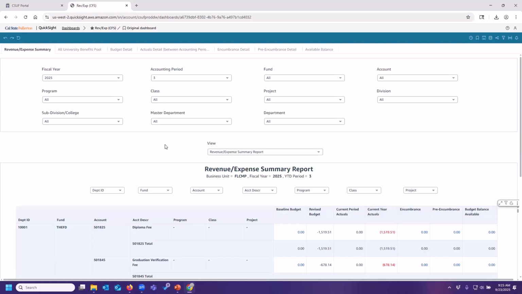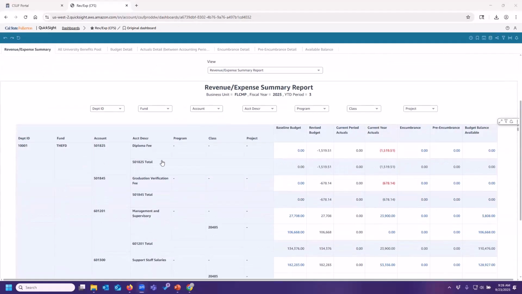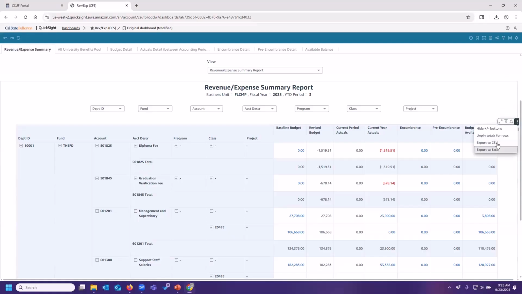All right, any questions? Can you get rid of the account subtotals on here? I don't think so. I can't even collapse this subtotal. So I don't think on these particular reports that you can remove that subtotal. I would think if you don't want to see the subtotal, you might want to just export to CSV because the CSV will not have subtotals on it. So that would be my recommendation.